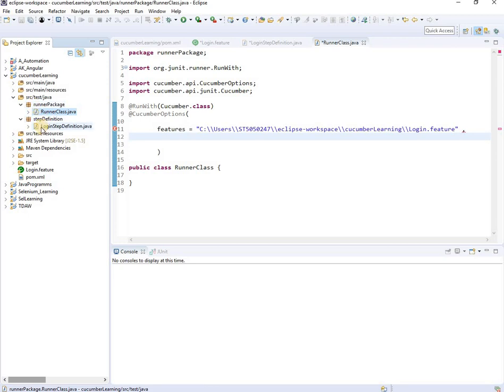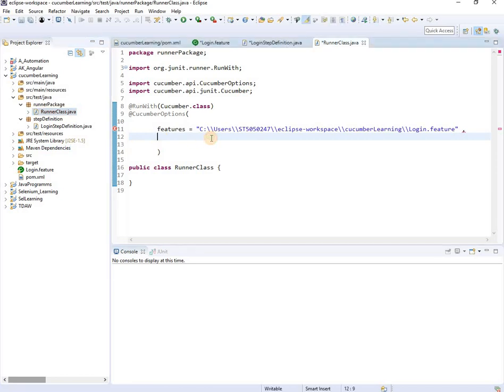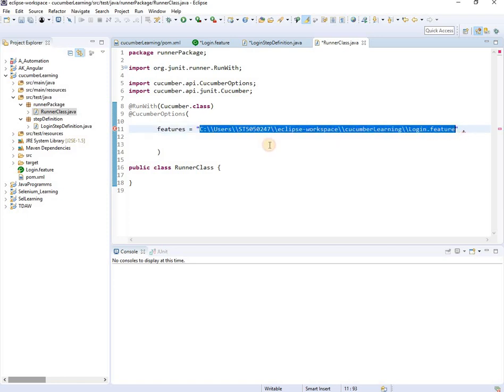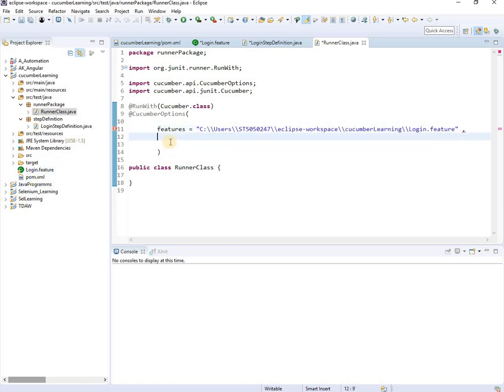There could be multiple step definition files, as I told you. There will be a feature file for a single feature, and that feature file will be linked to a step definition file. If another feature file is coming into the picture, then you have to create a new step definition file, a new automation script class. So directly I can give the package name, right? And here also you can give the folder name, the path of the folder, if it is in a new folder.